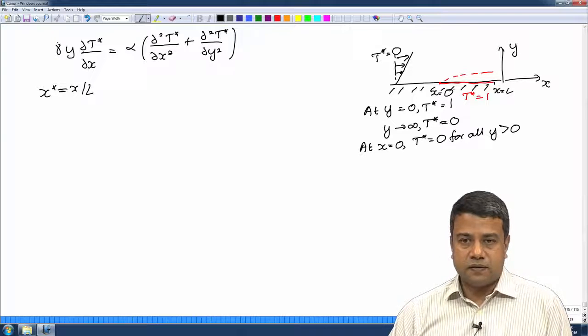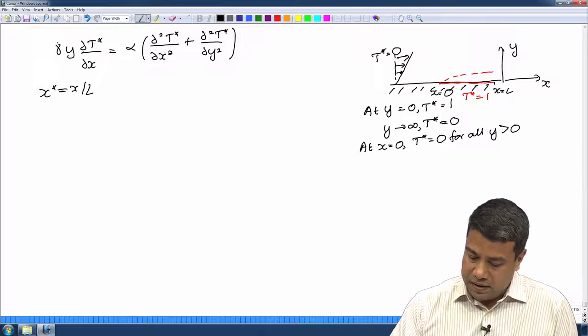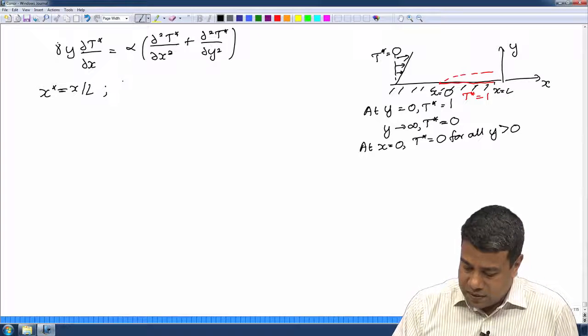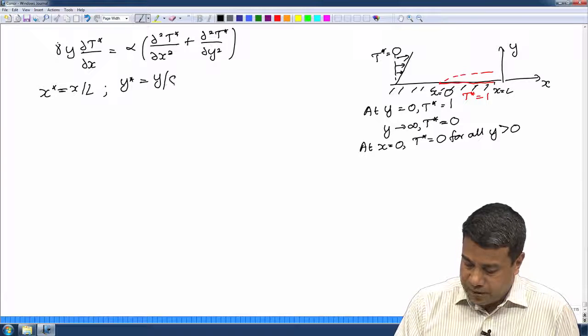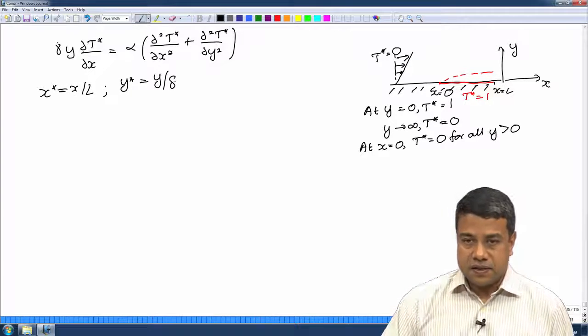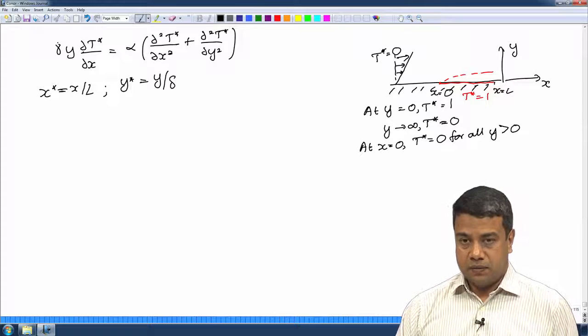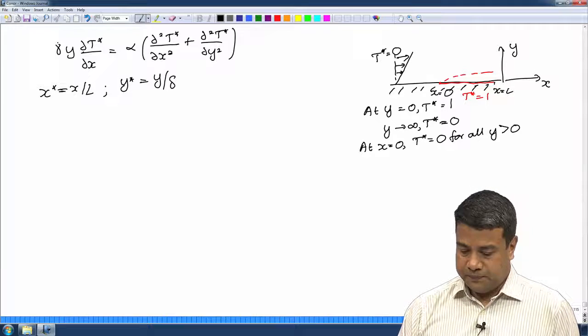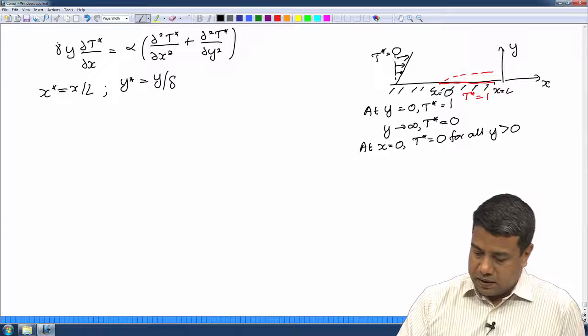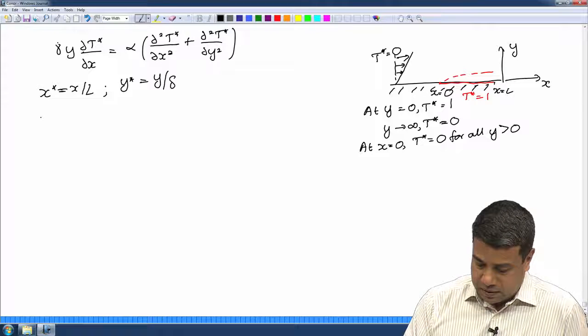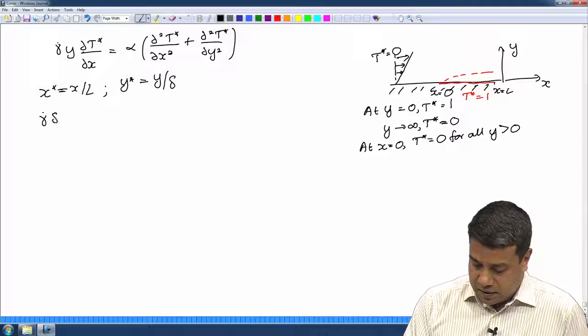Okay, the streamwise length of the surface is the natural length scale, but in the cross stream direction I should scale y by what is called a boundary layer thickness delta, okay, a boundary layer thickness delta. Okay. And if I do that, the equation becomes gamma dot delta y star by L